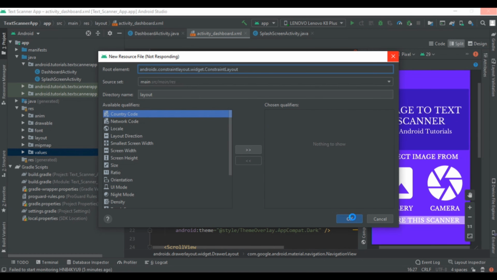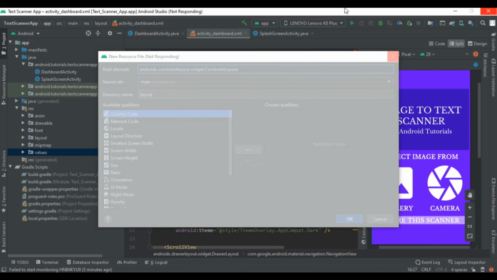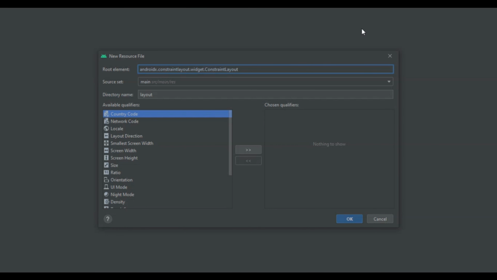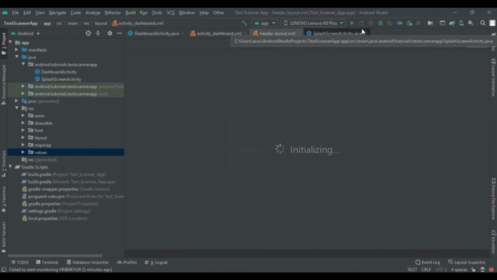When you click on OK, you will find the header layout where we are going to implement the text view of our choice. You can use your brand name. So here is our header layout.